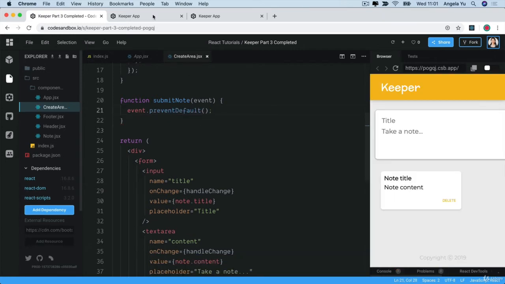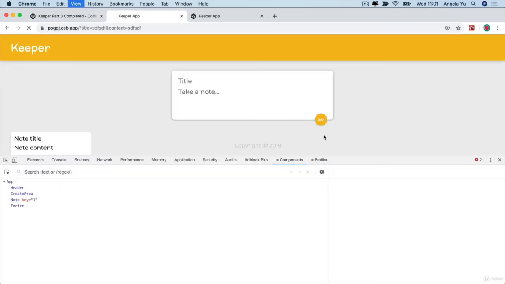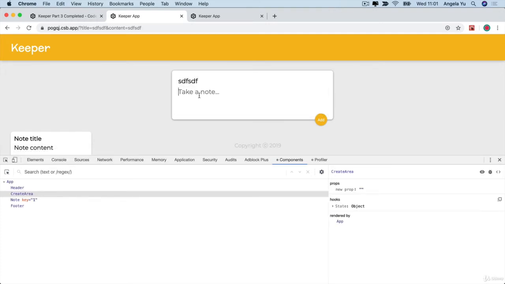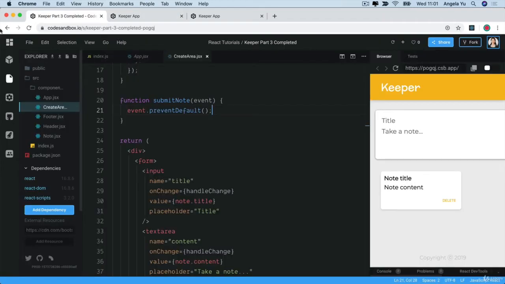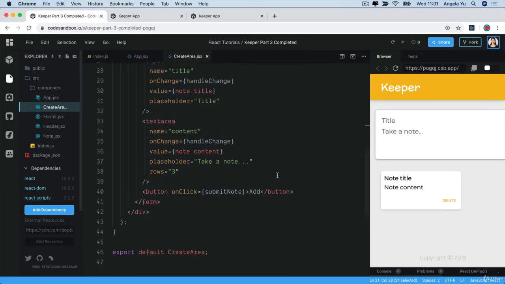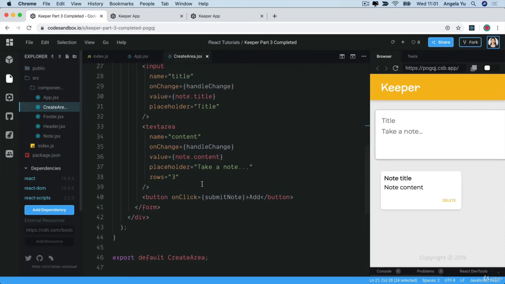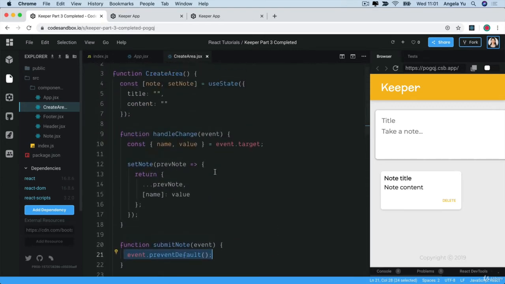This way, you'll notice if I go back over here and I type something in here and I click add, notice how the screen is not flashing anymore. So I'm preventing this entire reloading of the page by using the event.preventDefault, which we saw in previous lessons. The next thing to do is to somehow trigger a function that can pass this note back over to the